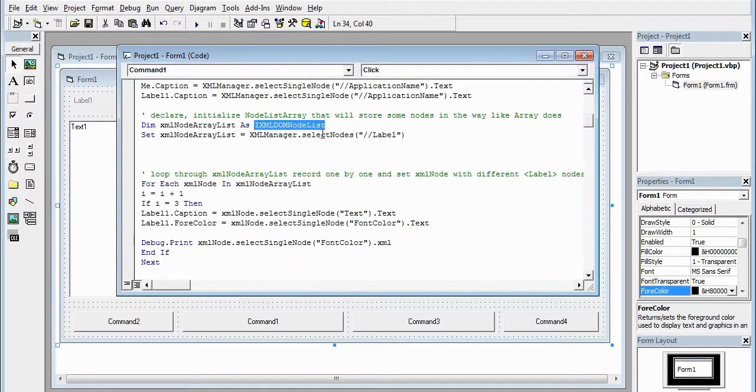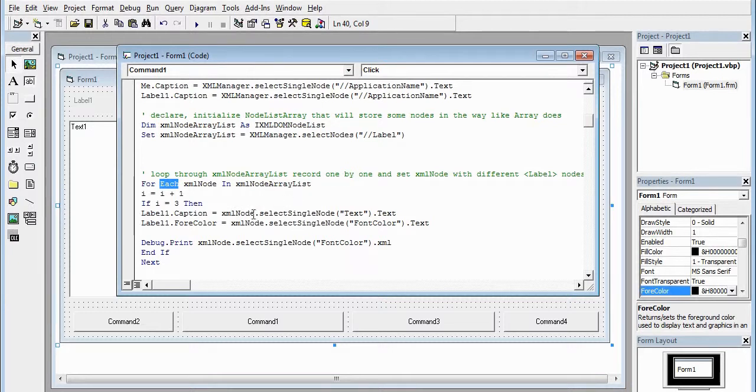Basically, you just learned how to use the XML DOM node list class in MSXML 6.dll, and how to collect multiple nodes with the same name, in our case label, into a collection, and then how to go through the records using the for each method,